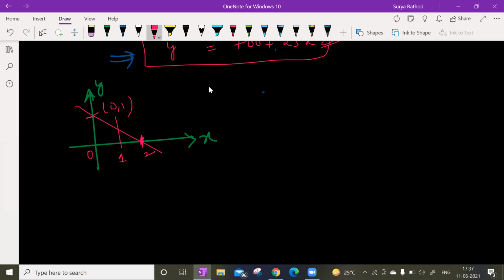What he has given, can you please read the question once? Yes, sir. In a rectangular coordinate system given below, the shaded region is bounded by two straight lines. Which of the following is not an equation of one of the boundary lines? Yes, sir. The box is the shaded region.